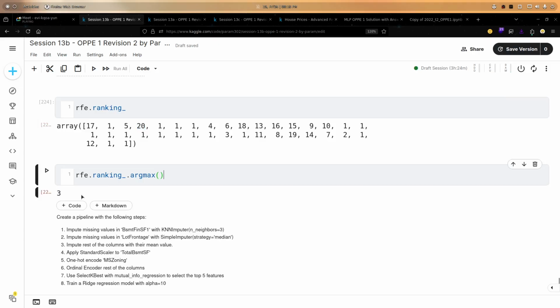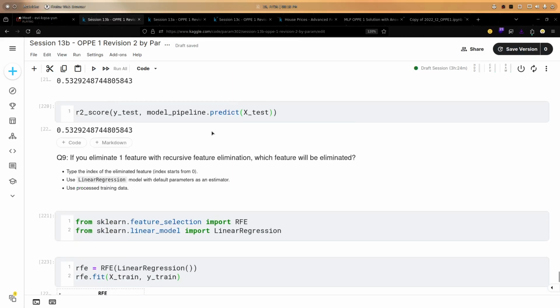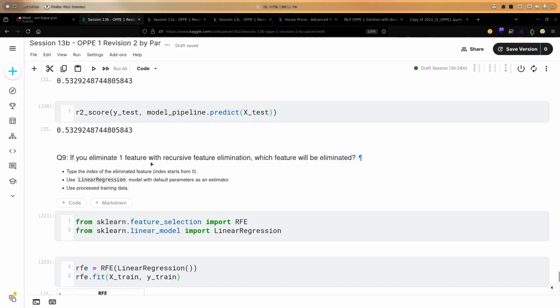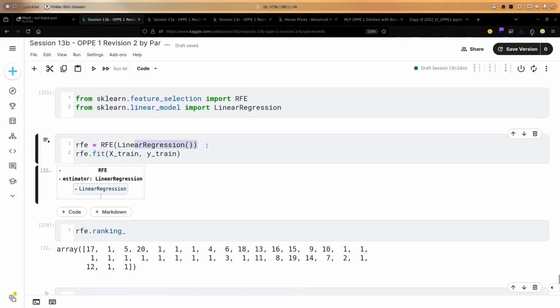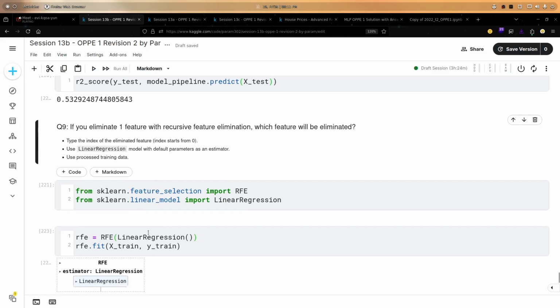All right. So this is a very small question, but it is kind of a scoring question for you all. Karanji asks, you have passed linear regression in RFE, so can I pass any other function in RFE, or is it only specified in the question? Okay. I can pass anything. I can pass ridge, I can pass lasso, I can pass SGD regressor, or any other function as well. All right.